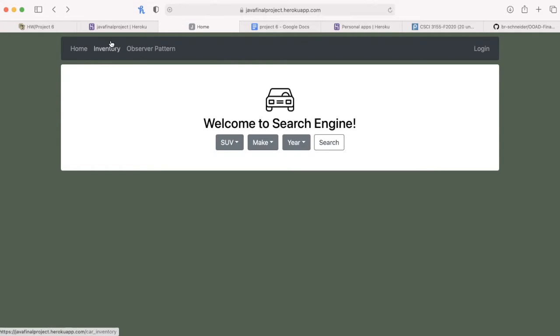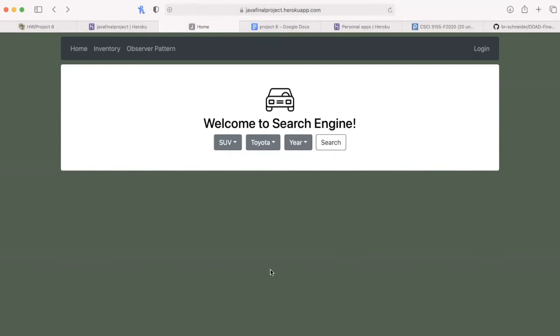I'm just going to demo this a little bit. It's not fully functional because we had some time constraints and ran into a few problems early, but it's still relatively functional. The idea of the front page is that you'll be able to use these filters to filter through our database of cars. So if you check this out right here, we actually have all of our cars in the database with all the different